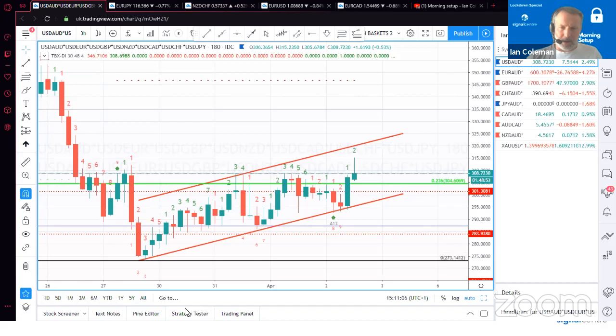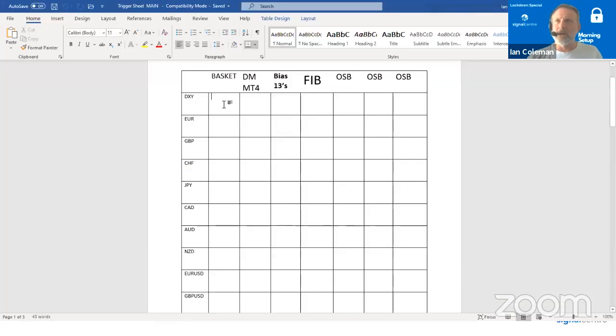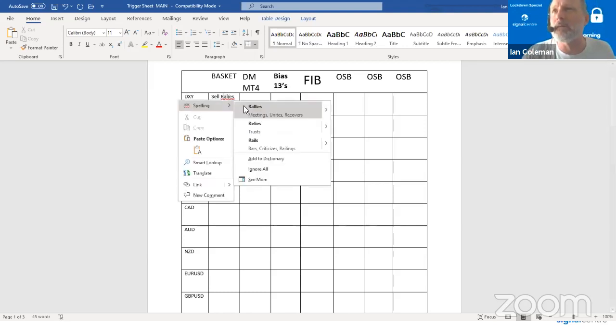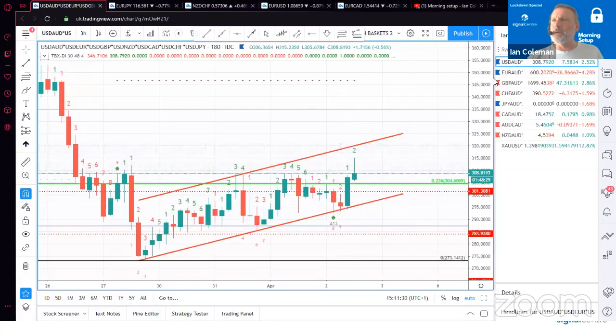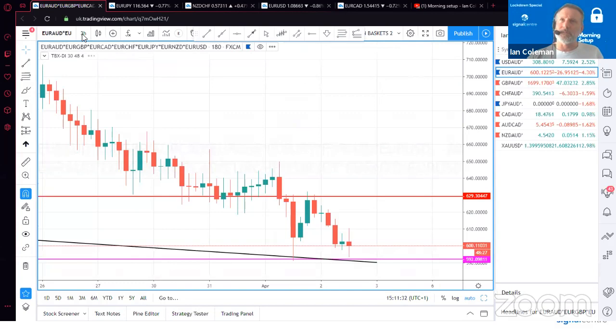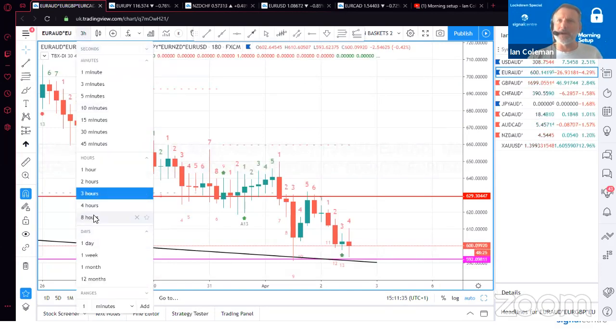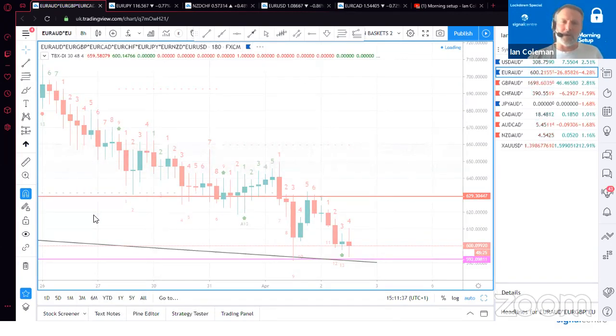So then I go to my trigger sheet, and of course I'll just be writing this on normally. So I'll look at selling rallies in the dollar. I'd highlight that maybe in red because it's a downward bias, okay. And then I'll work through this trigger sheet to give me my bias, okay, on the basket, not single currencies,